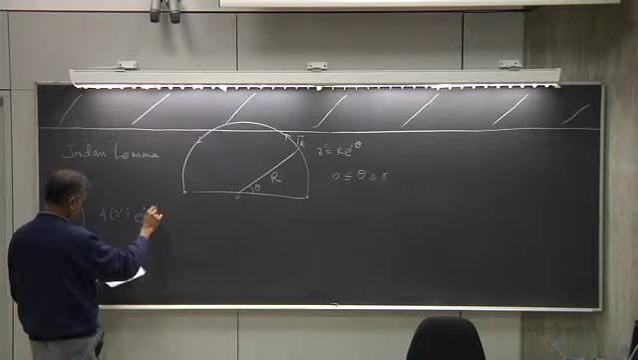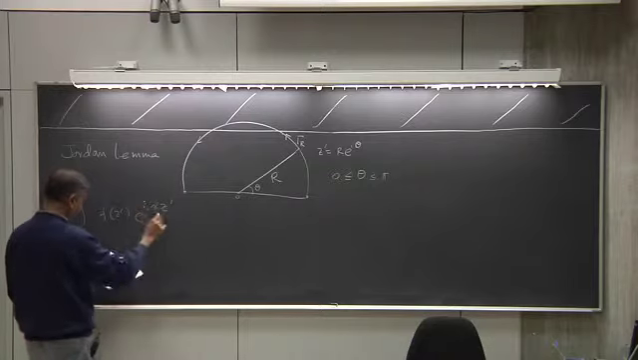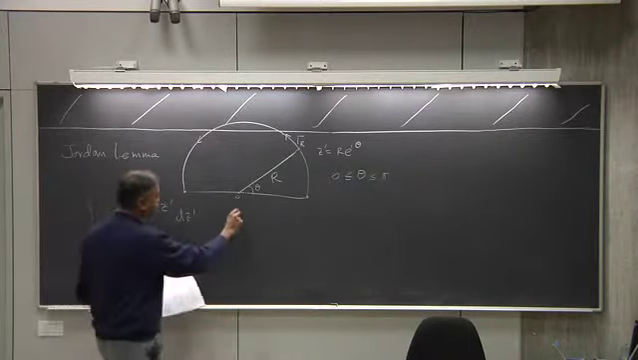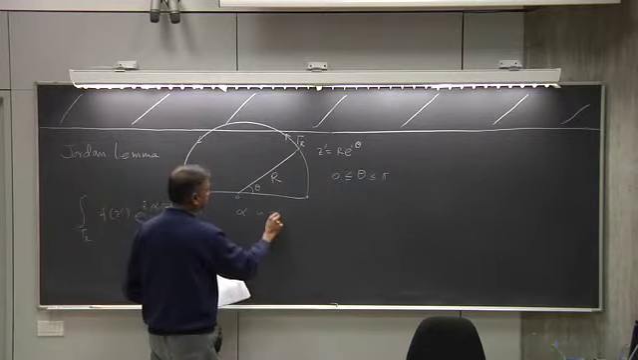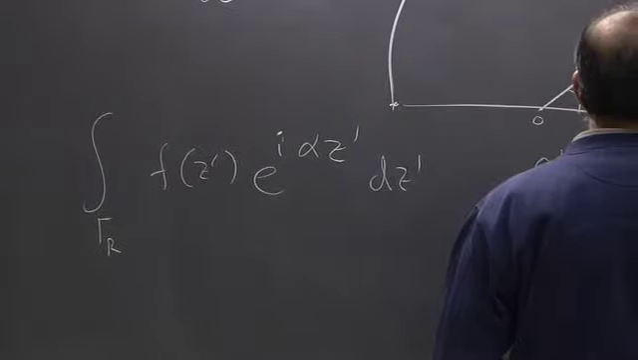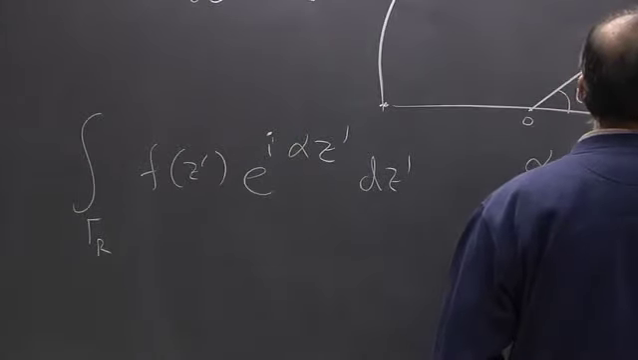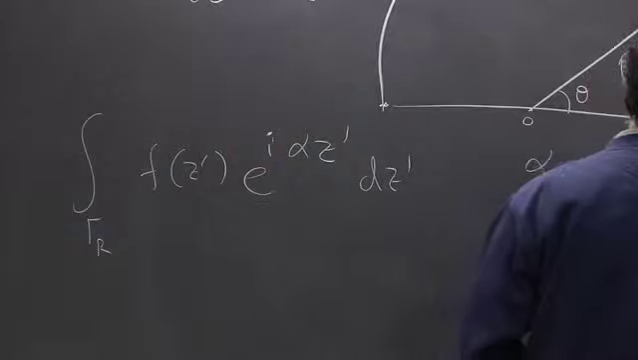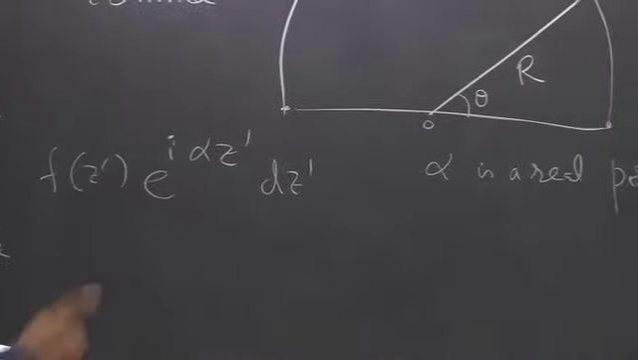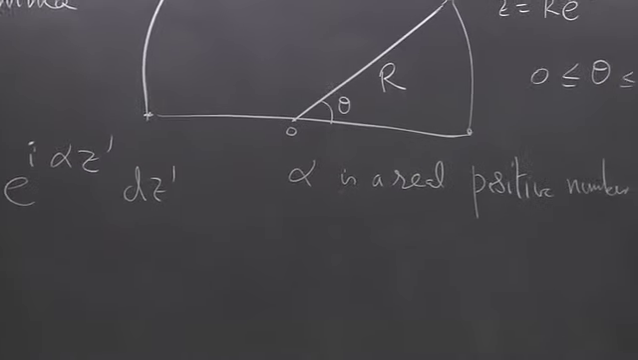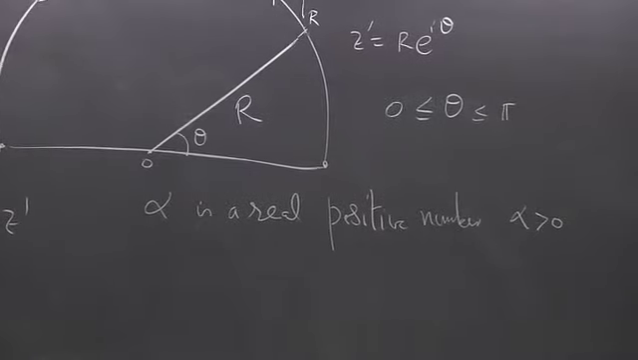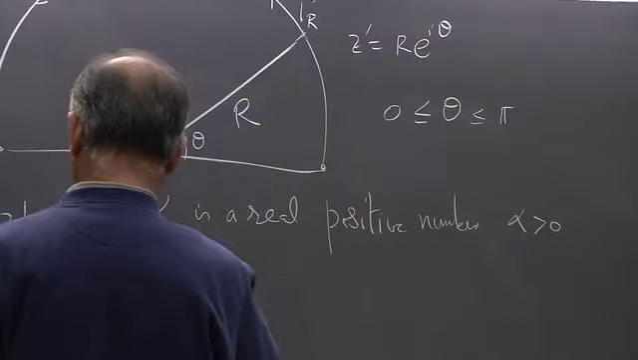alpha z prime dz prime, where alpha is a real and positive number. In other words, alpha is greater than 0. It's real, and there's no imaginary part. Alpha is a real number. And for f of z, we need